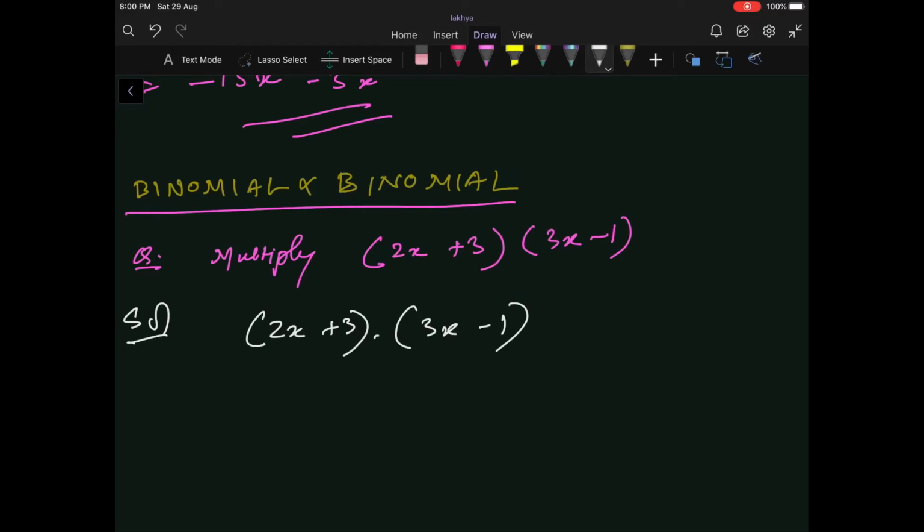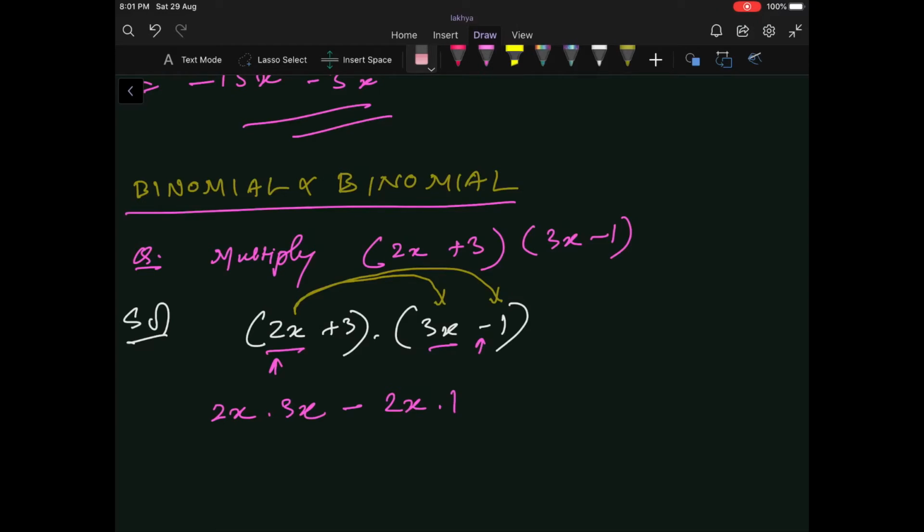Okay, so here you see, first you have to multiply the first term of the first polynomial with the first term of the second polynomial. Then again you have to multiply the first term of the first polynomial with the second term of the second polynomial. So doing so, we have got here twice x into thrice x, then there is minus sign, as this is positive, so minus plus minus, twice x into 1.